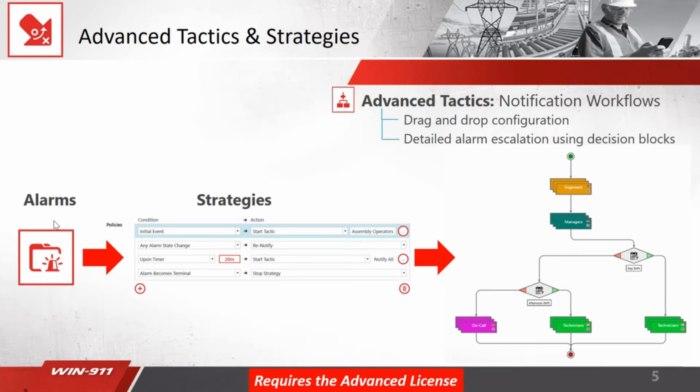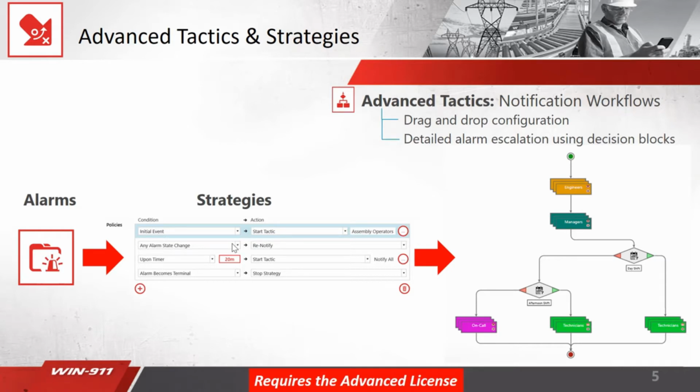Let's take a look at your advanced tactics and strategies. Still, the same process is in place. Your alarm triggers a strategy, which triggers a tactic. Your strategy is a policy of actions to put in place. In this example, the initial event happens and it starts a tactic called assembly operators. If any alarm state changes, we will re-notify all those users. You can turn this feature on and off. But for here, if the alarm goes from active to inactive or active to acknowledged, we will re-notify the people